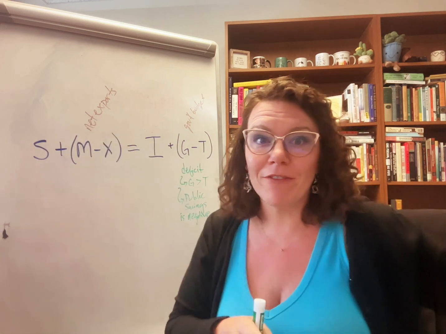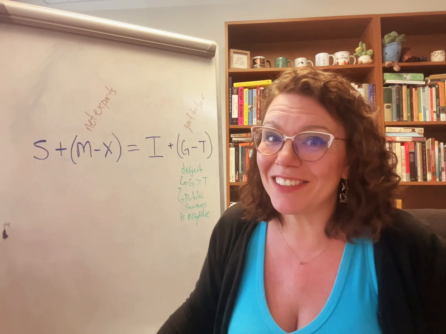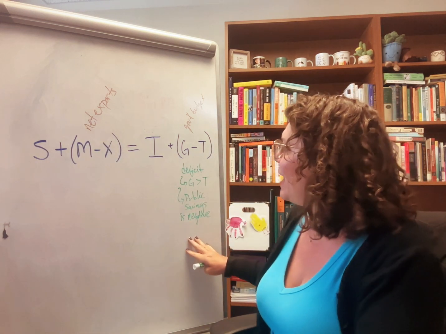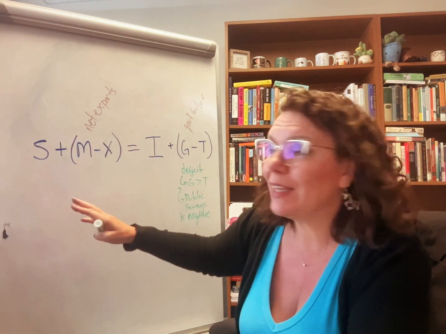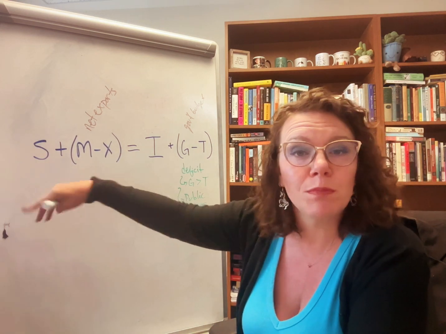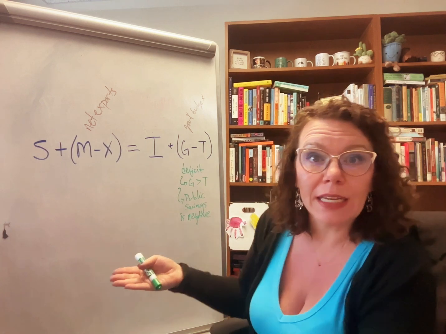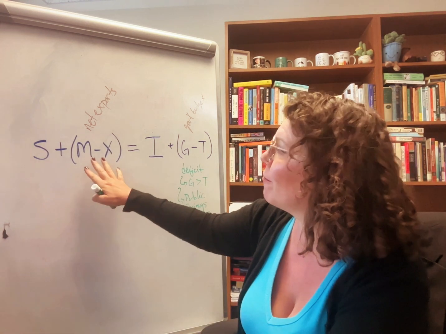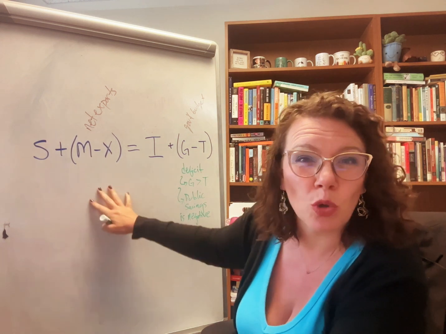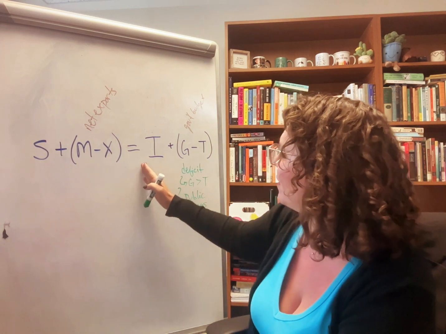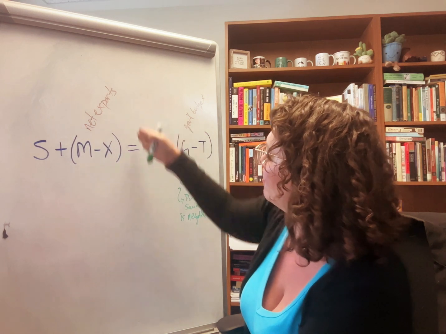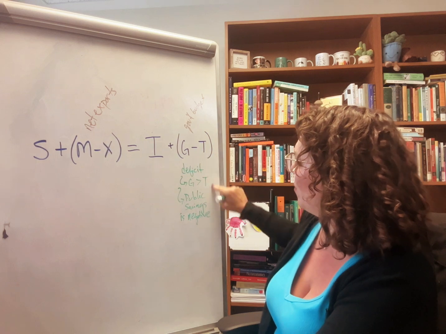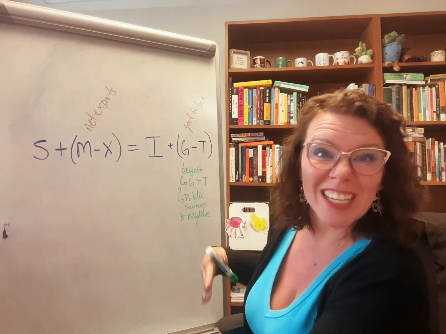If I make $5,000 in a month and spend $6,000, where is the extra money coming from? It's debt. So this government debt is going to be purchased by either domestic savers, people in this country who are saving money, either by buying government bonds or something like that, or by foreign savers. And that's where the net exports part comes in. And so we can think of this as being the divide between savers and borrowers. And over here, the government ends up being a borrower because their savings is negative.